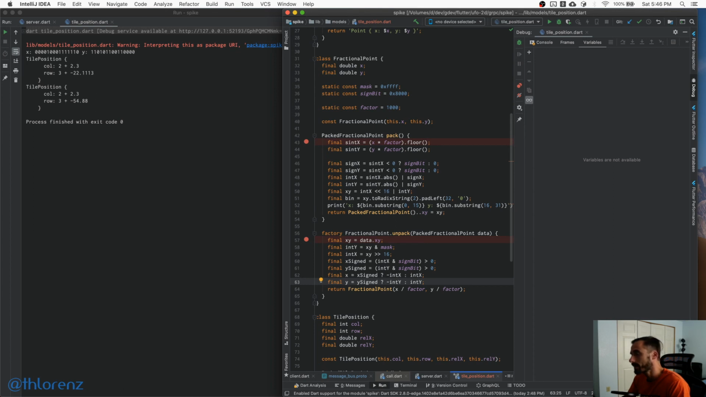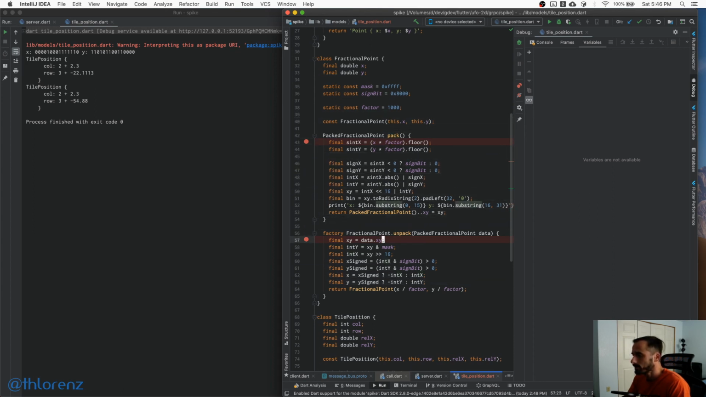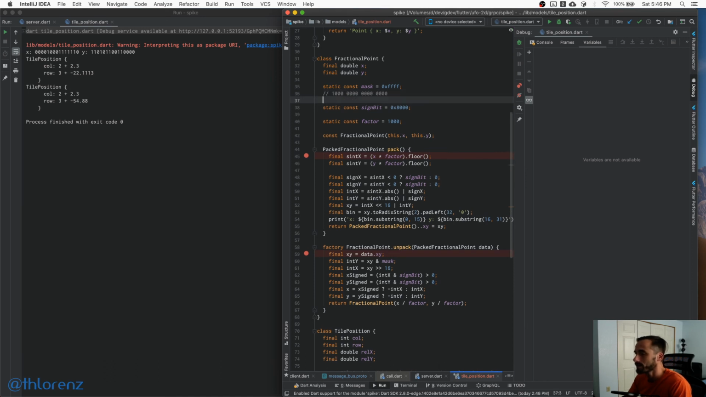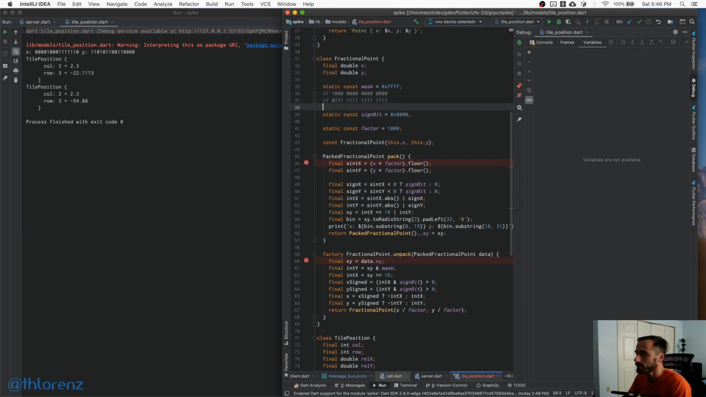We need to mask it out. So this one was basically 1, 0, 0, 0, 0, 0, 0, and so on. This is how we apply the sign bit. Now we need to have a number that's the opposite, right? And then if we AND this with any number, like say we have a number like this,